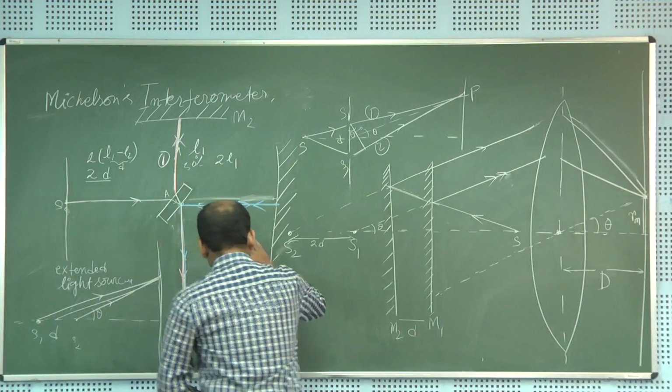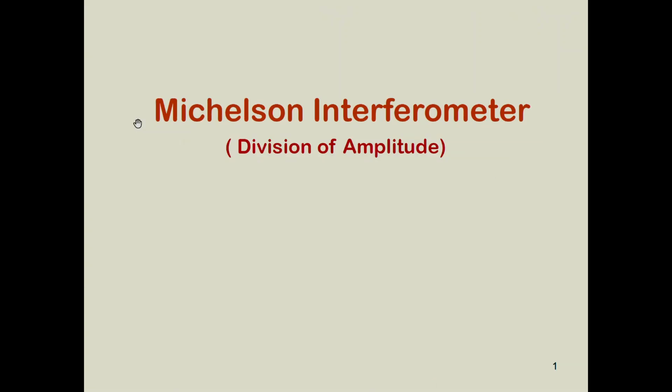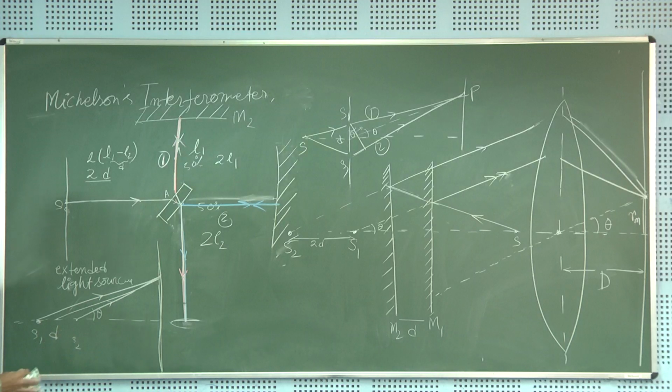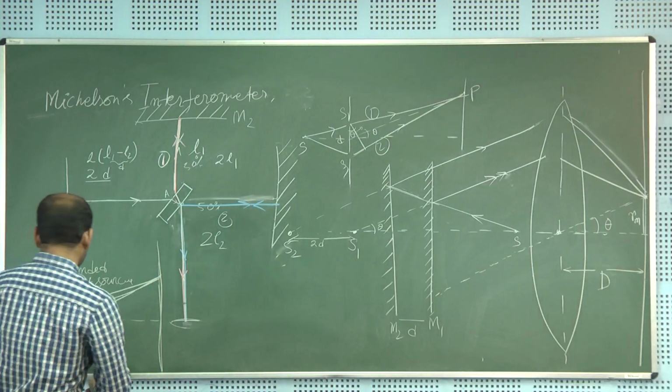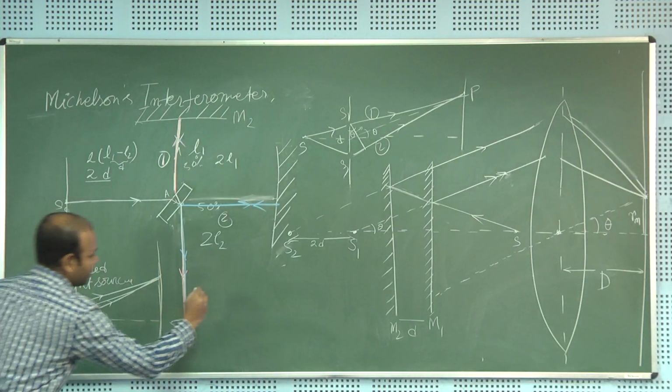Okay. So, let me just erase these points. So, let us try to see what happens here. If this is d, and this is theta, then we can see that the condition would be